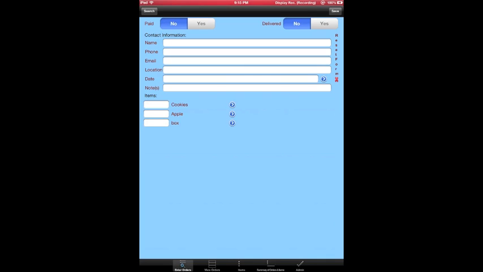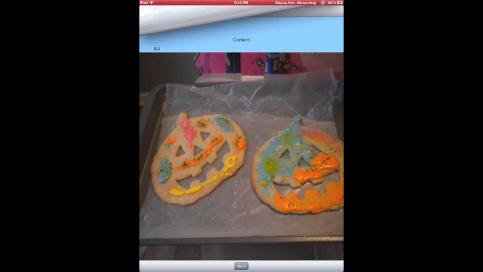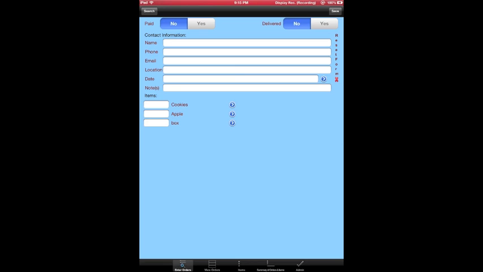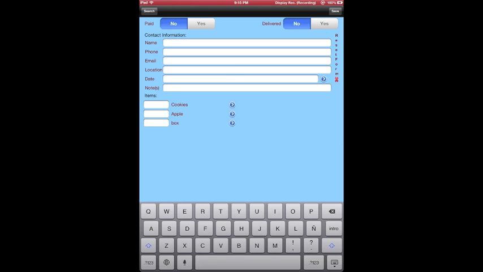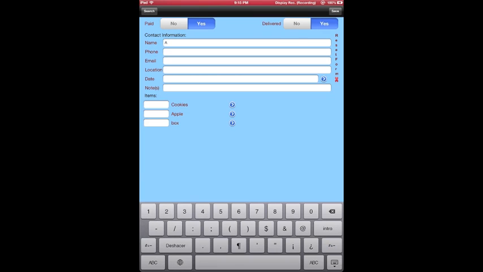To see a picture of the item when you're selling something, just press on the little arrow next to the item and a picture of it will show up. If you don't have a picture, it'll just show the cost and the item name. When you hit close, it'll bring you back to the order. Let's go ahead and enter in an order. We'll just call it Customer A. And let's go ahead and make it paid and delivered. And you can enter in a phone number,